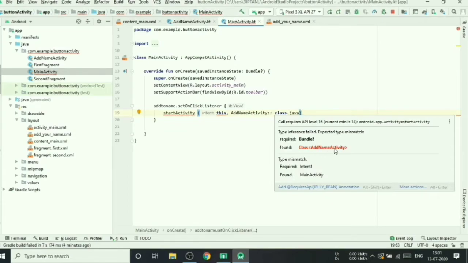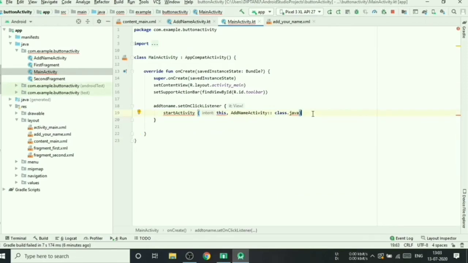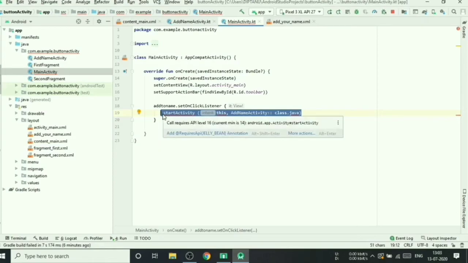Okay, so it says class add name activity. Alright, so I got this. So what is the error? So we simply need to click